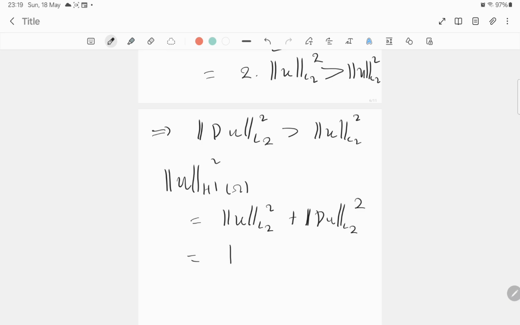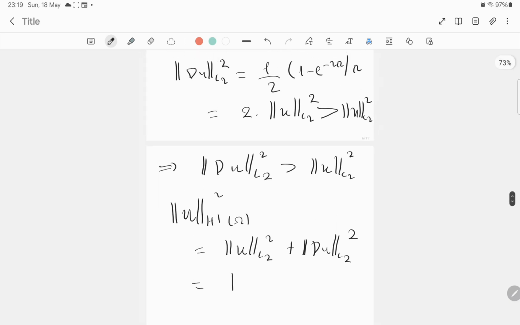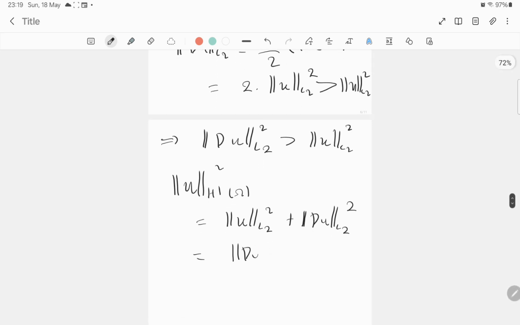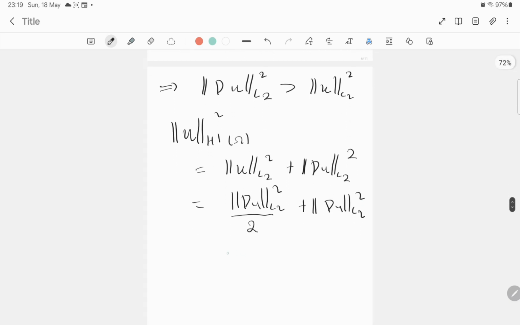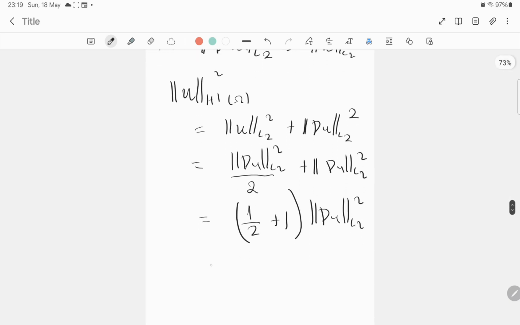The norm of u in L2 squared is a half of the norm of the variation, plus grad u L2 squared. So that's a half plus 1 times grad u in L2 squared, and this will give me the norm of u in H1 squared equals 3 over 2 grad u L2 squared,